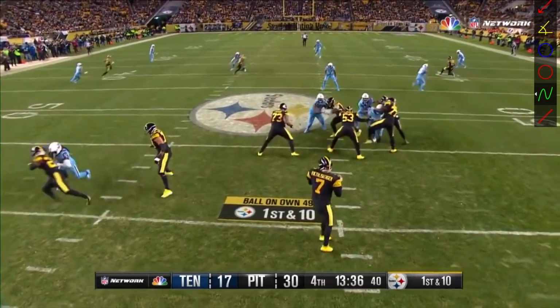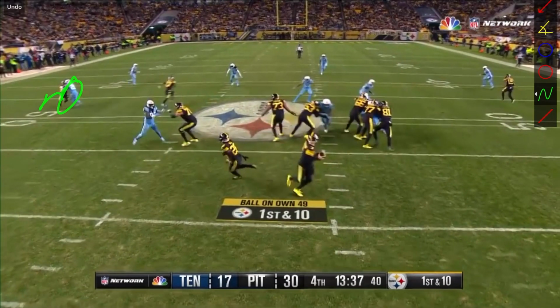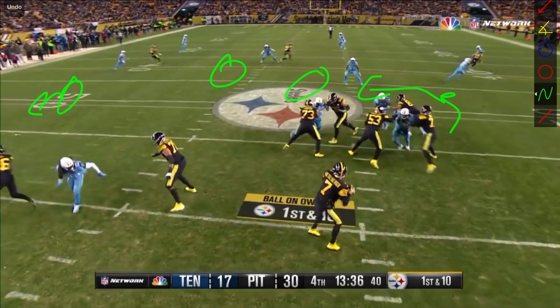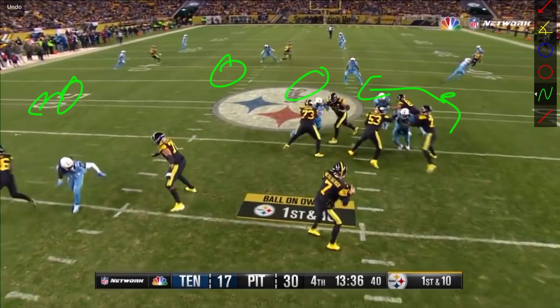It looks like it's a cover 3 right here. I haven't watched this part of the actual film, but you can see this guy's staying underneath. He's got the flat defender. He's got the middle. And then he's the other flat defender over here, right? And you can see that a lot of these guys end up locking on pretty early on here,